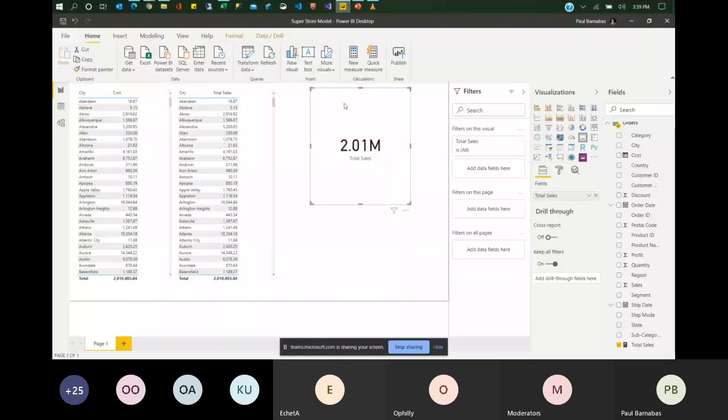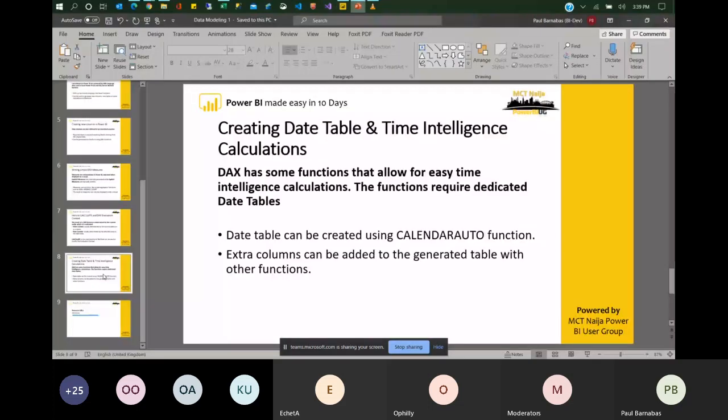To better understand this, I would also introduce the date table. As we have seen in our data set, it's sales information, and it is supposed to give us an insight into how the business is doing.